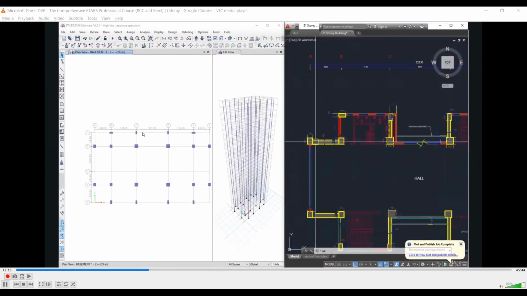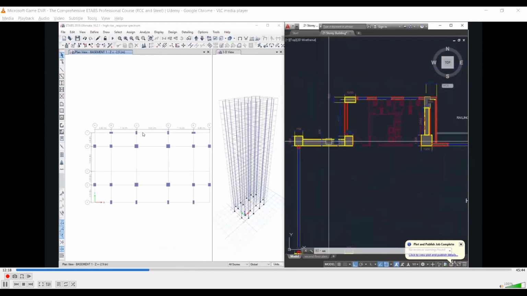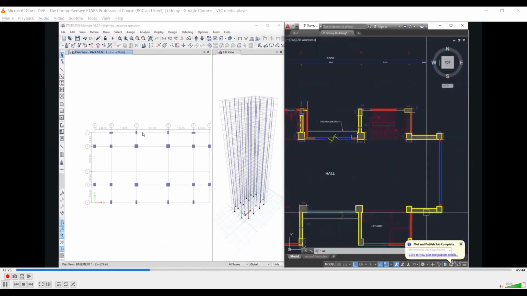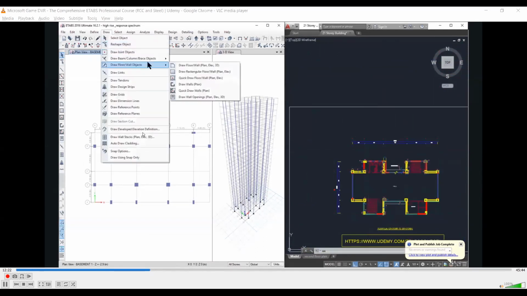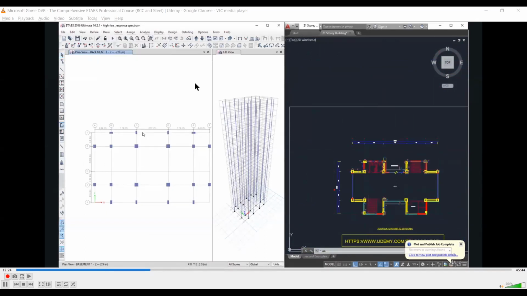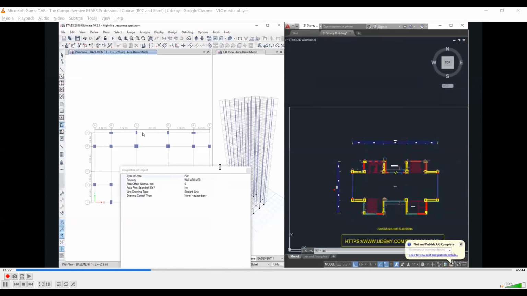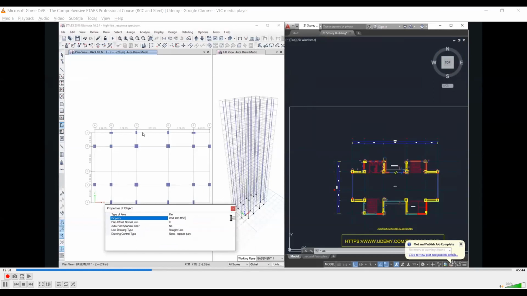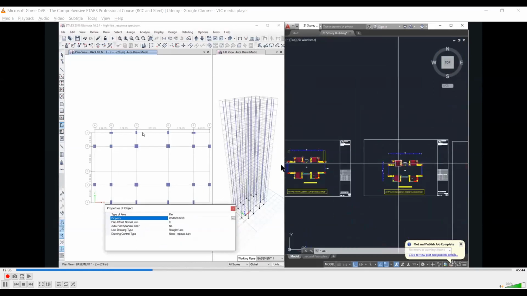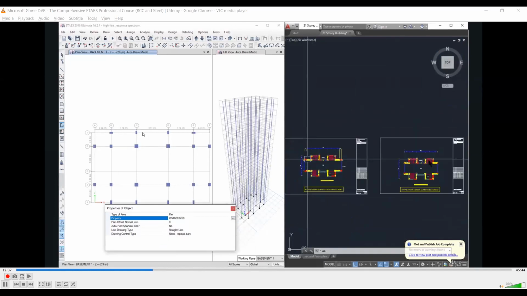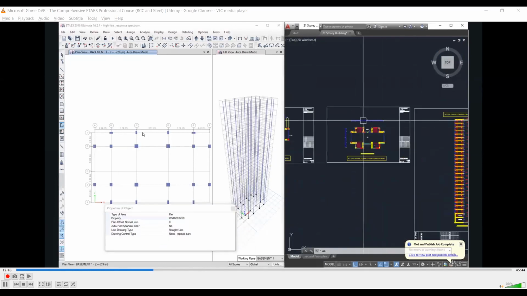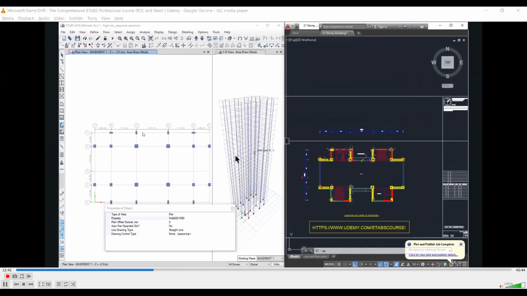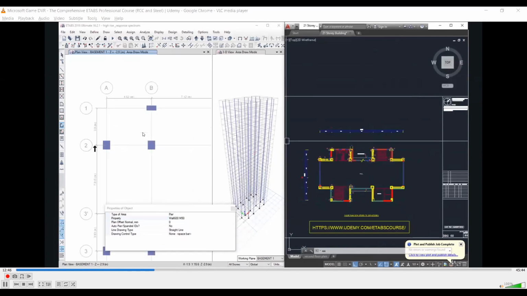After that, we need to draw the RCC structural walls. These 4 structural walls are of 600 mm thickness. So we go to draw, floor and wall objects, draw walls in plan view. Type of area is pier and we select wall as 600 M50. You will notice that this wall is from basement to the terrace level, and between grids A and B and between grids E and F.